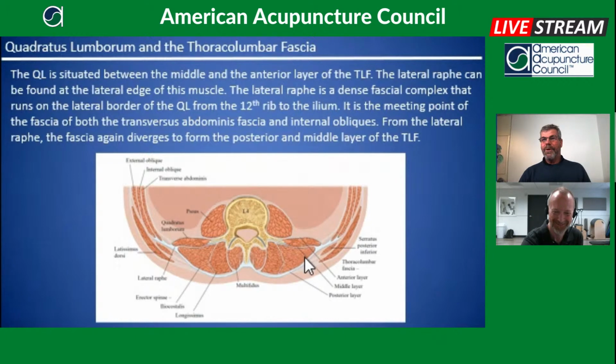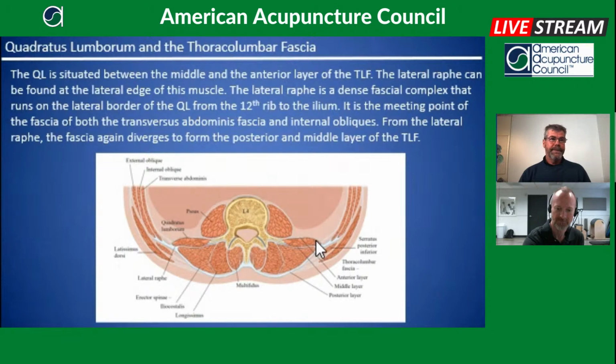All right, so we've got the quadratus lumborum and the three layers of thoracolumbar fascia. So increased tension or lack of tension of the quadratus lumborum is going to affect the transverse abdominis, and also all layers of the thoracolumbar fascia. That posterior layer of the thoracolumbar fascia is what we commonly see in the anatomy charts, where you can see on the backside the white tissue that's connecting the latissimus dorsi down to the gluteus maximus bilaterally. So that would be your posterior thoracolumbar fascia, and we just need to remember that there are two other layers, and the quadratus lumborum is sandwiched between those two layers. Very important.